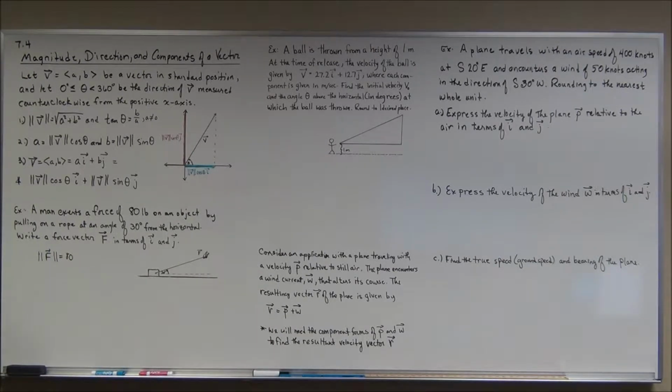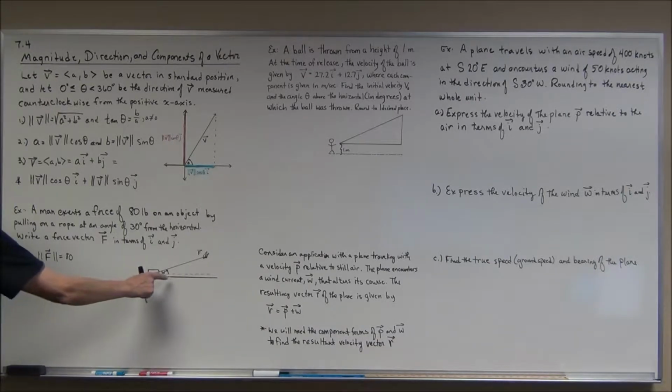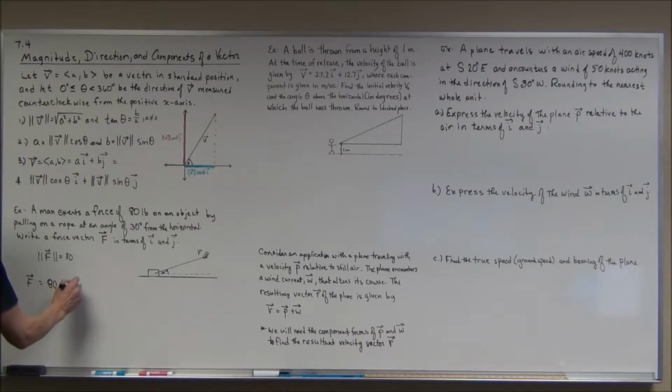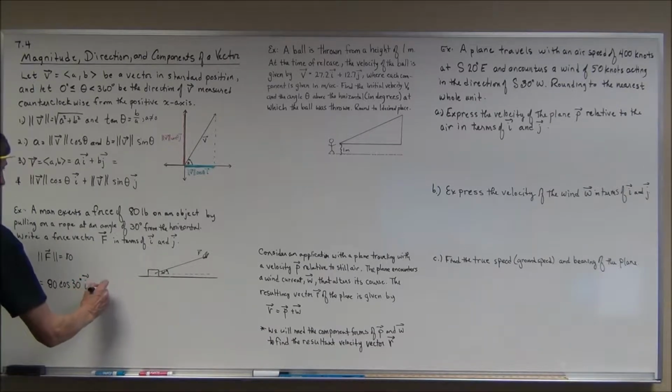And we also want to write that the vector itself, which I'm going to call vector F, is equal to the magnitude, 80, times the cosine of our angle, 30 degrees, i, plus the magnitude times the sine of 30 degrees,